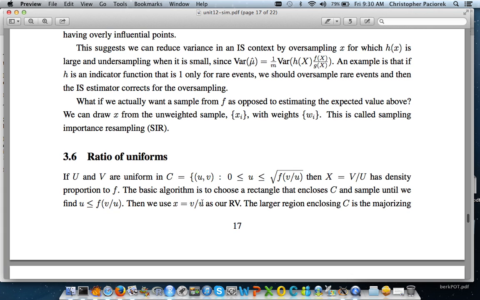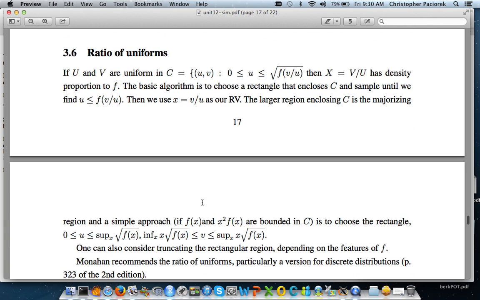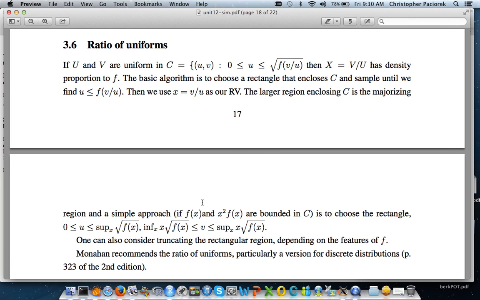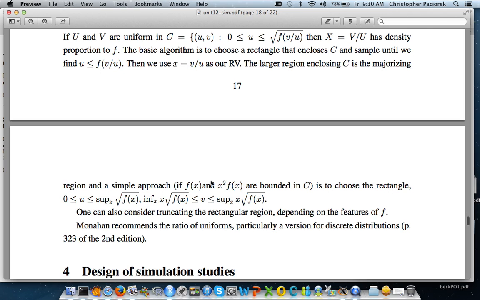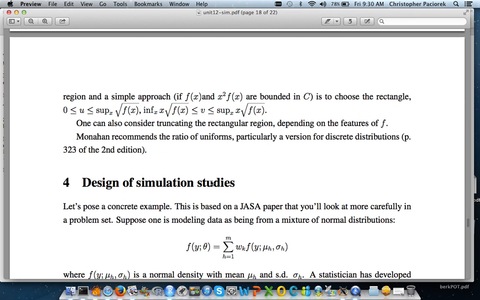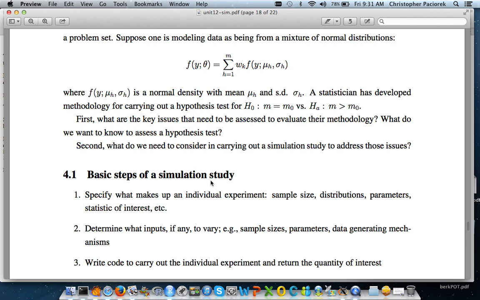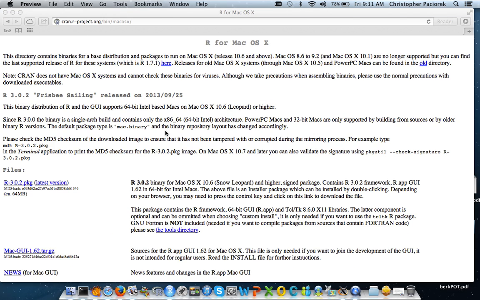Okay, so I think I'll basically close off there in terms of the simulation unit. There's this method called ratio of uniforms that I put in here a couple years ago, and I've forgotten when this is really helpful. So I'm going to skip over that. If you come across it, you could come back to these notes, and maybe they would be helpful. And then we've talked about simulation studies in sections, so I'm going to skip over this as well. Okay, so